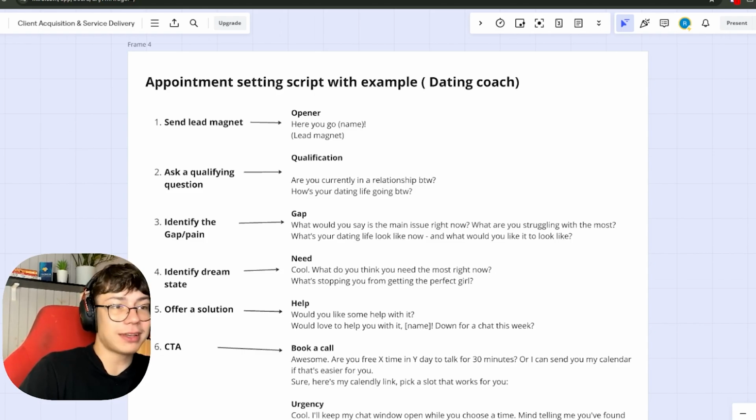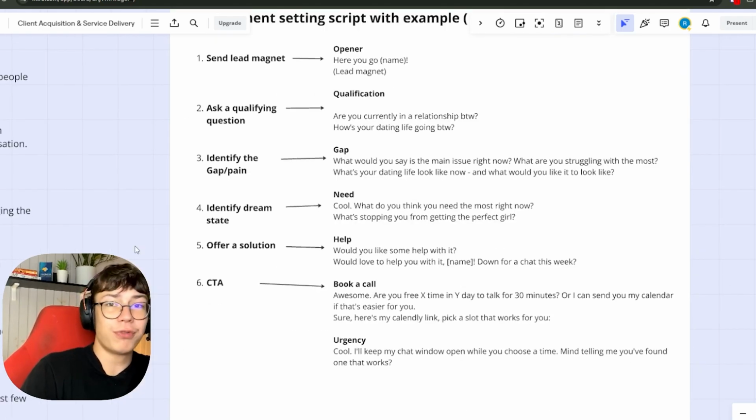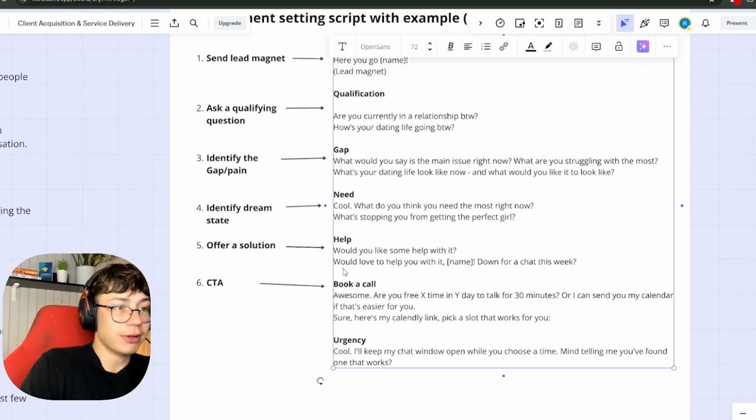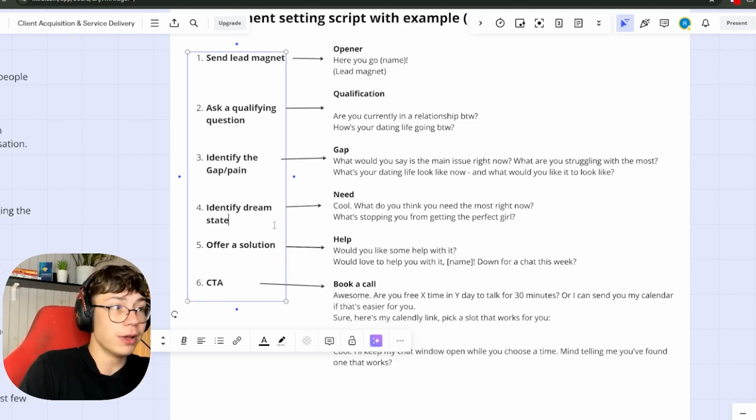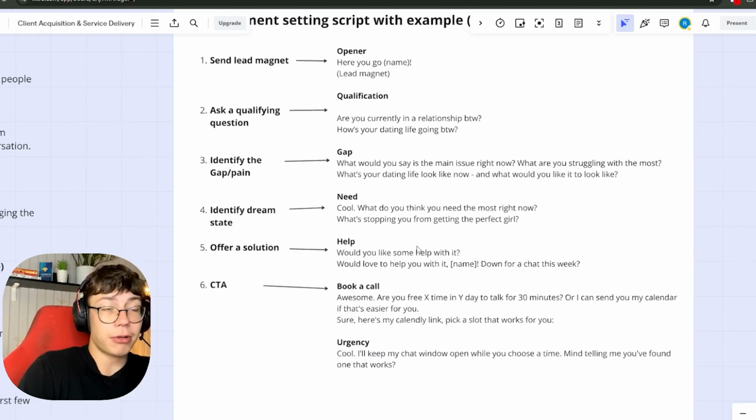And once they tell you their reasons, you can just offer to help them. So you can say, I actually have put together a program for this. I have helped... You basically tell them, oh, this is exactly what I help people with. If you want, I can show you how the process looks, how I get results for people. Are you down to chat this week, or would you like me to explain how I help people just like you achieve the results I do?